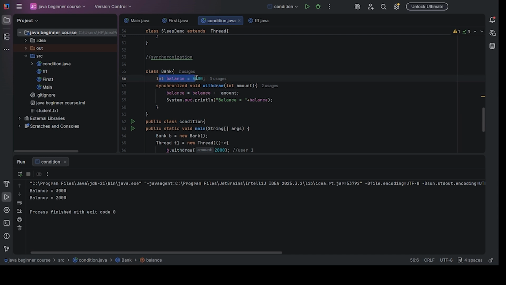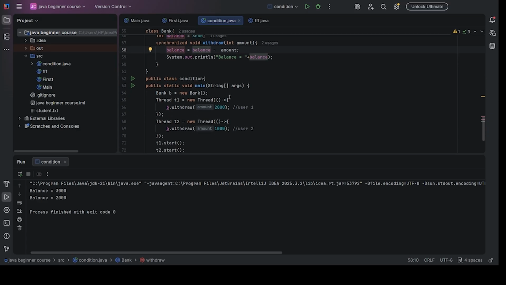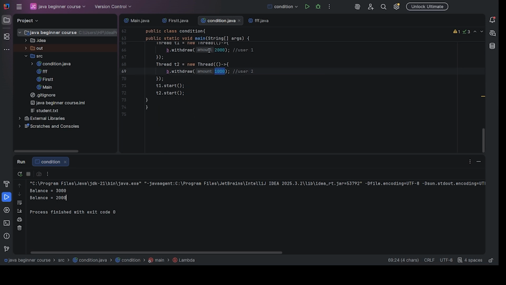Okay, see, we have 5000 rupees, and then synchronized void. Synchronized is used to make the transaction safe, so that two or more threads accessing the same data are handled. Person one is withdrawing 2000, another person is withdrawing 1000. So in total 3000 rupees is withdrawn, and the balance is 2000 rupees. Okay, this is how